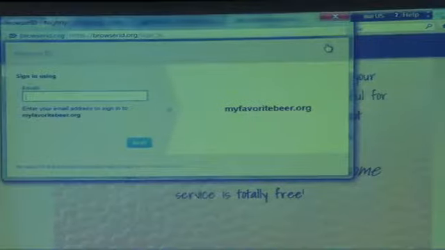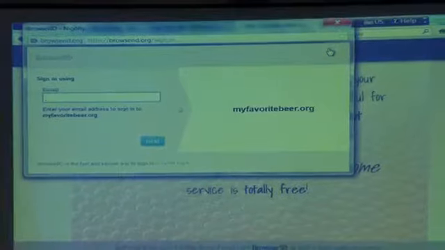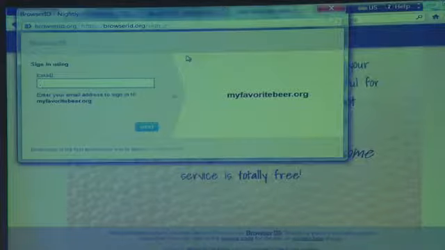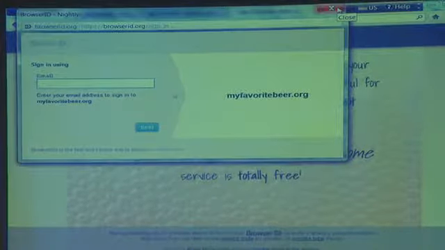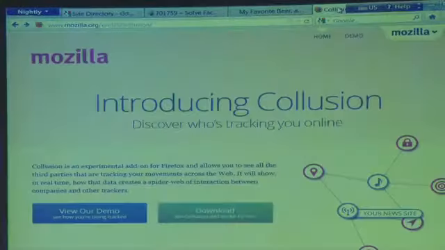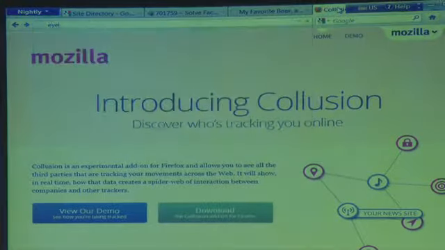And the way that we're going to demonstrate it is called My Favorite Beer. I'm always terrified about doing live demos during a presentation. So you can go in and click sign in, and it takes me to BrowserID, and I've never used it before, so I'm not actually set up with anything. So what I'm going to do here is demonstrate that it's not actually using a profile on browserid.org to generate that token. I'm going to use a second service that implements a primary identity authority called ID.me,